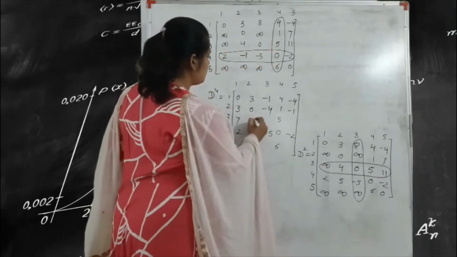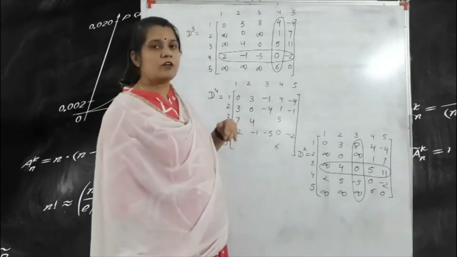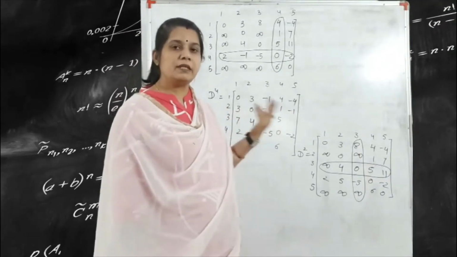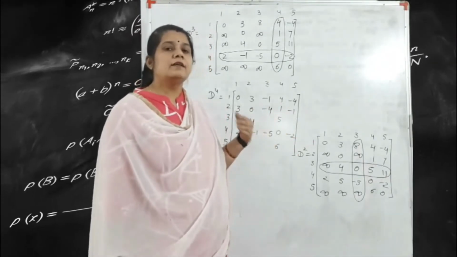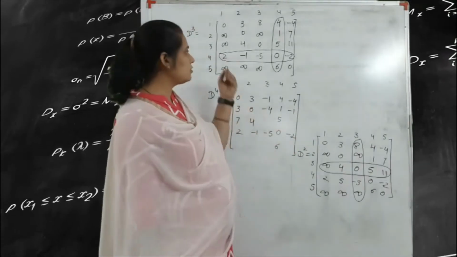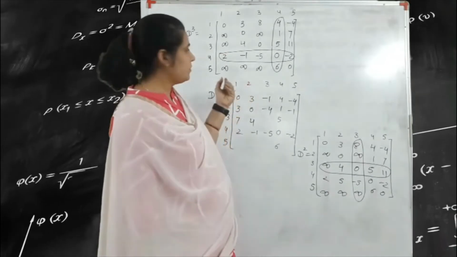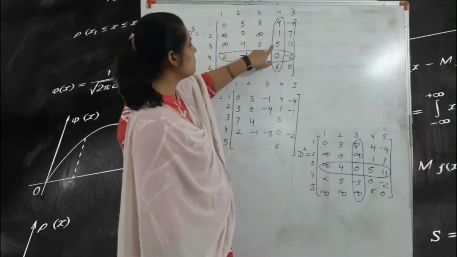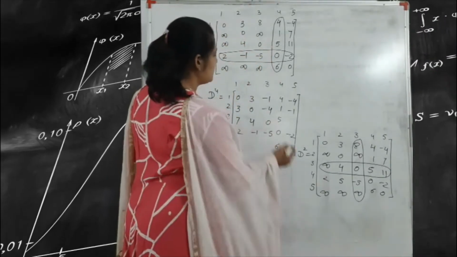So 4 is equal to 4. We write here 4. You always check for the minimum value. If you get the minimum value, you write the new value here. Otherwise, you write the previous value as it is according to your matrix form. Okay, this is 0, so obviously 5 minus 5 is 0. So this is the 0.